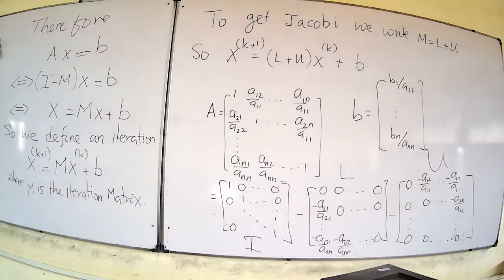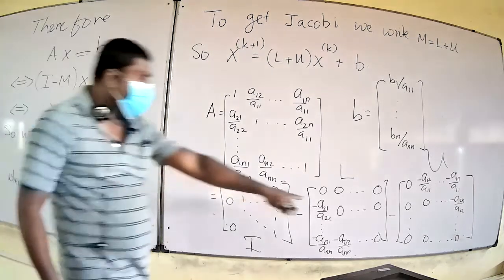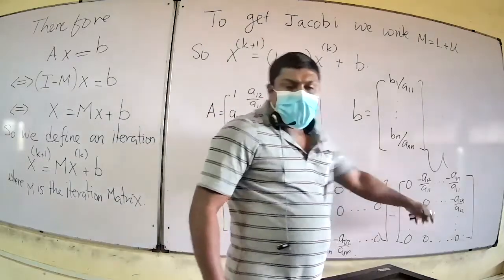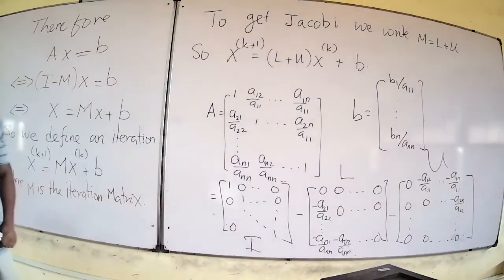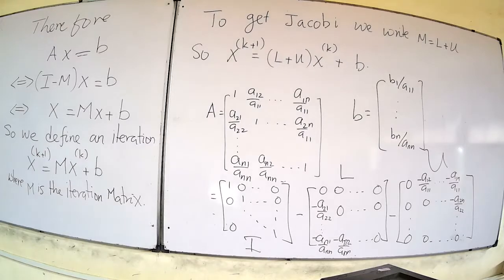Because you know that I showed you, you divide by the diagonal first, and then only you write that in this form. So if you put this L and this U here in the matrix, and you know X is X1, X2 up to Xn, and then if you write this out element-wise, you will get the element-wise Jacobi iteration. So you can easily verify that this and what we learned earlier are the same. That is how the Jacobi iteration is obtained by using this matrix form.